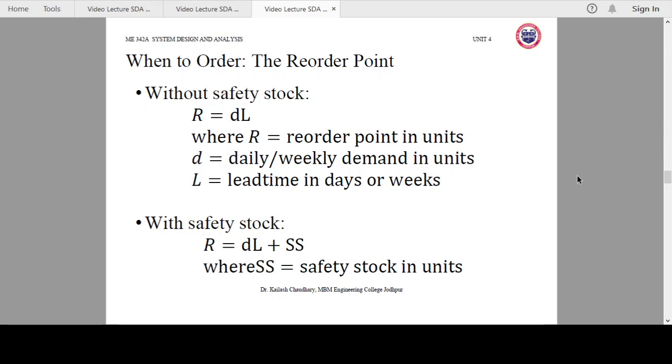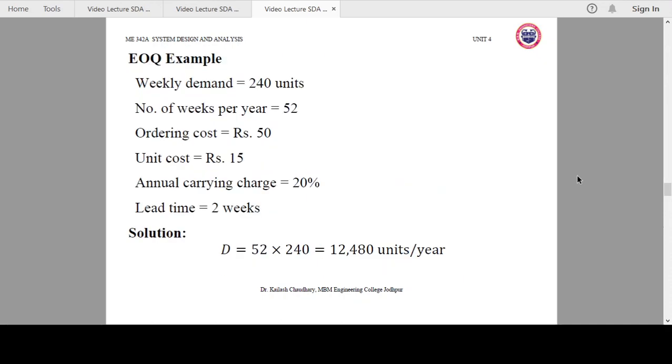So you started with 1000 units. If you go down to 200 units or 100 units, then you give a second order. So as soon as that 100 units is consumed, you get another 1000 units for your production. So you need to decide at what point of time you need to reorder. You can decide using the equation R = D × L. D is the daily or weekly demand, and L is the lead time, that is, the time required to get your second order. Similarly, if you want to calculate the reorder point using the safety stock, you simply add safety stock to your reorder point. We will see this with an example.